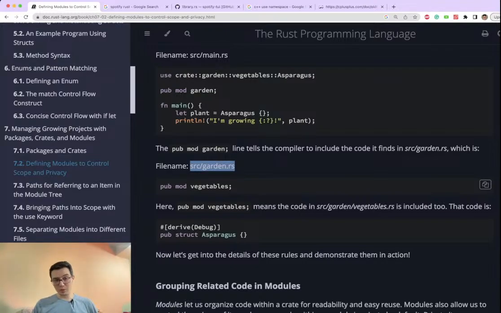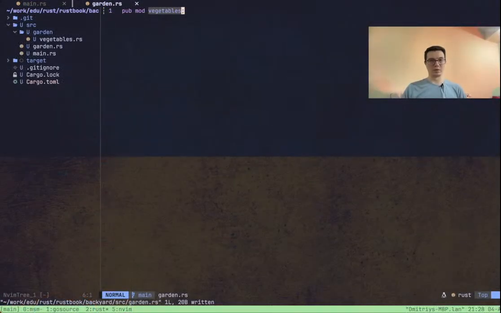And here pub mod vegetables means the code in vegetables.rs is included too. That code is okay. And here we just create a struct which will be